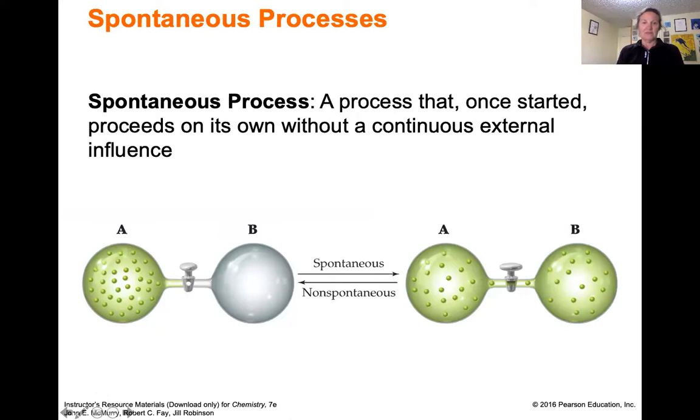So when you look at this process of having two flasks, one empty, one full on the left-hand side, the spontaneous direction of change, if you open the stopcock, would be for the gases to disperse evenly over both flasks. That's spontaneous. It would be non-spontaneous if you had those two flasks with the gas equally distributed on the right and you opened the stopcock and it went back to the left. So we know a lot from our experience in life what processes are spontaneous. Now let's think about why they're spontaneous.